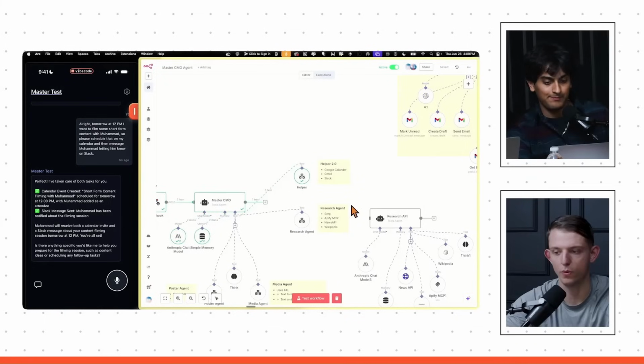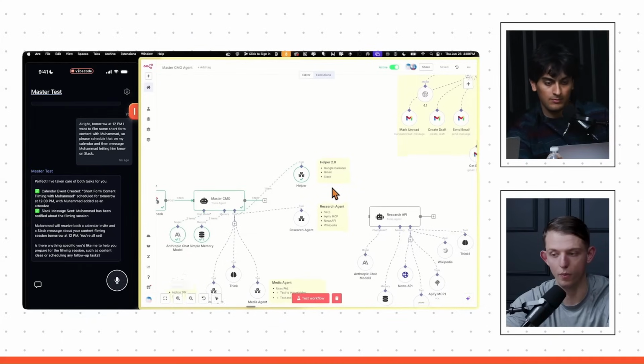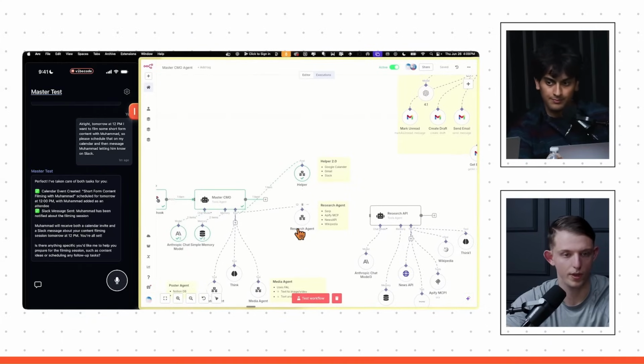But we might not just want to communicate with people. We might also want to do some research, right? We might also want access to news. We might want to scrape the internet. We might want to use some of that in a longer workflow. You want to break down this tool real quick?